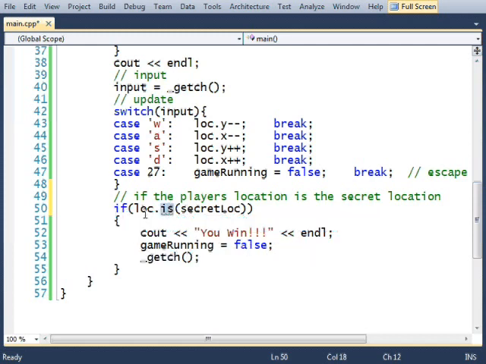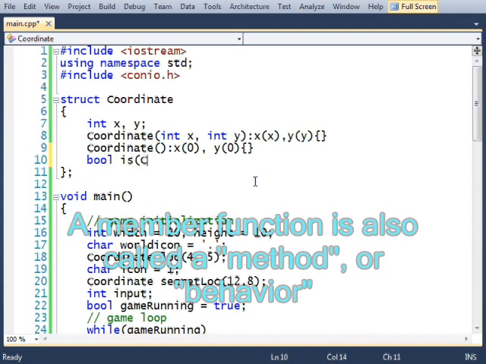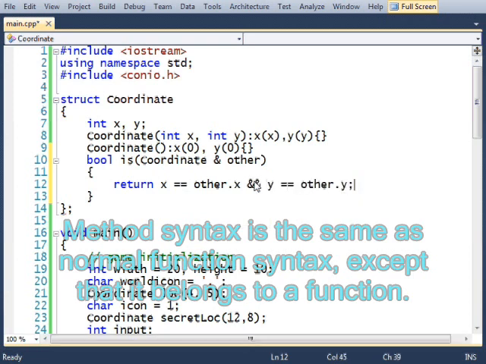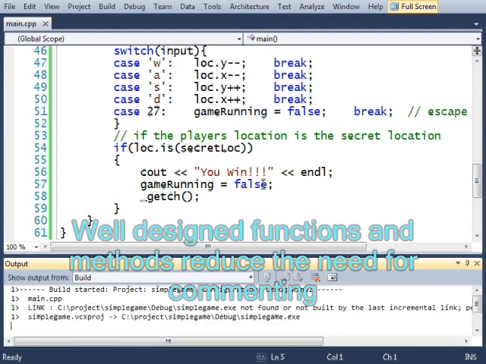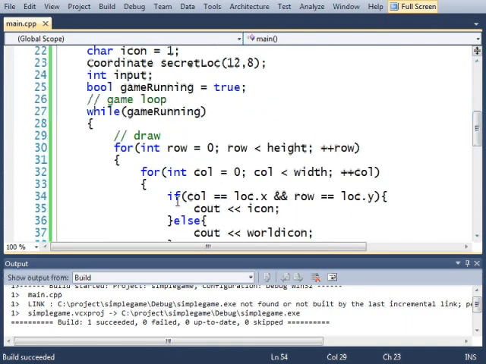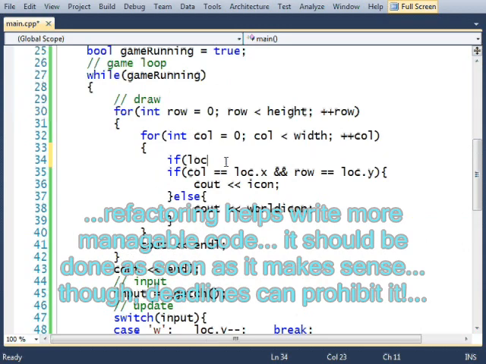This right here is a function that the lock object would be calling on the secret lock object. And it would look like this. Bool is coordinate, I'll just call the other one other, and return if x is equal to other.x and y is equal to other.y. And now this code will work. And this code I could probably get to work up here as well, because this code here is also a little bit tricky to read. So I could get this code here to look something like if lock dot is